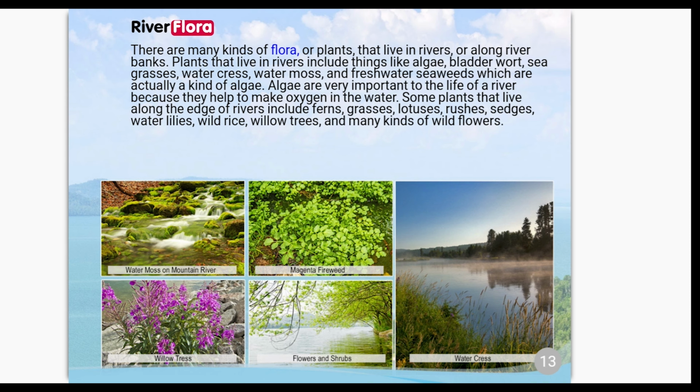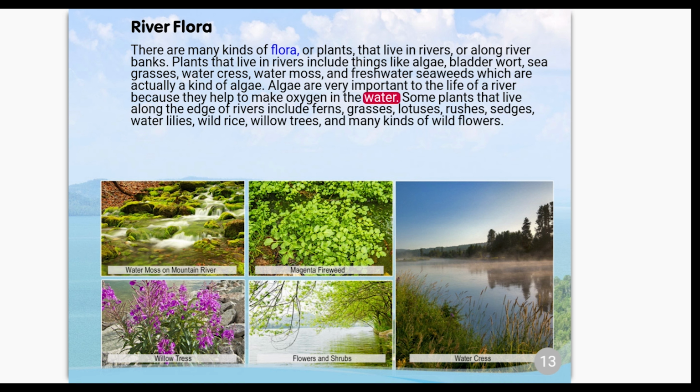River flora. There are many kinds of flora or plants that live in rivers or along river banks. Plants that live in rivers include things like algae, bladderwort, seagrasses, watercress, water moss, and freshwater seaweeds, which are actually a kind of algae. Algae are very important to the life of a river because they help to make oxygen